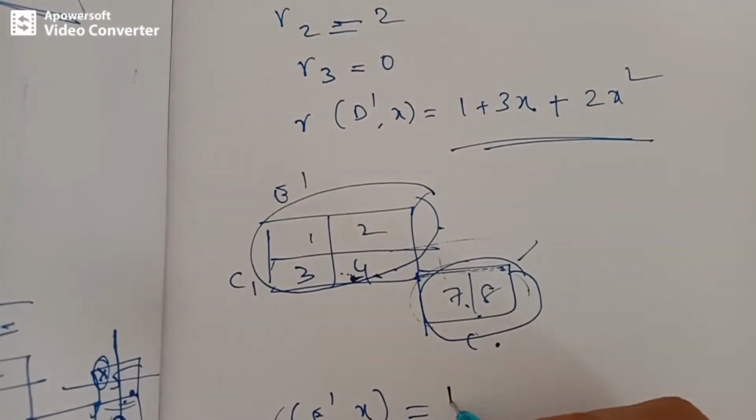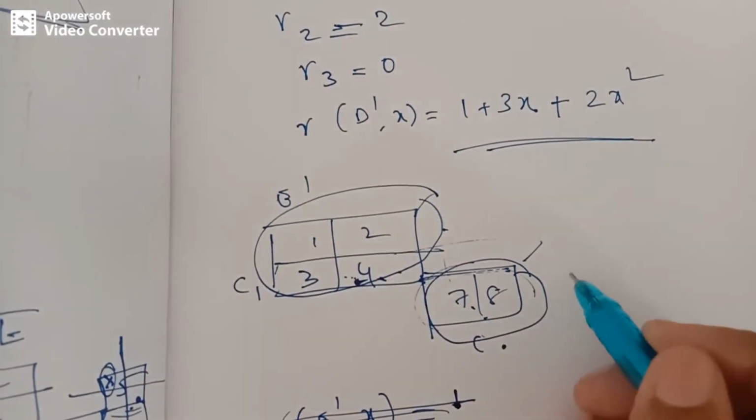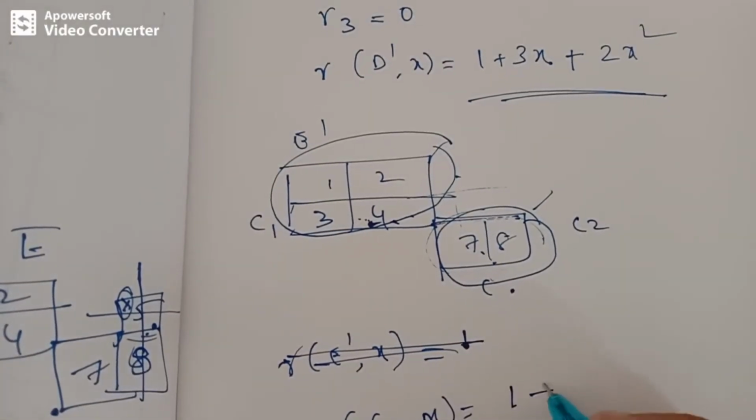Okay, so by applying the product formula, first of all, I am calculating the Rook's polynomial for the C1 board. Let's say this is C1 and this is C2. R of C1 comma x will be 1 plus, how many squares are there? 4x plus